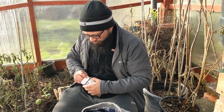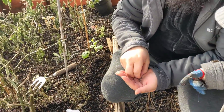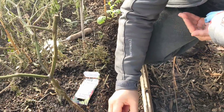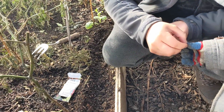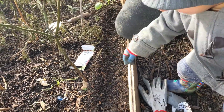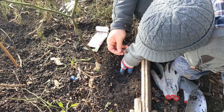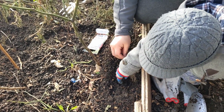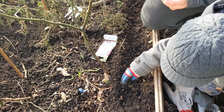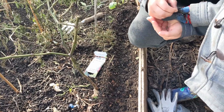Here, put that one there. No, don't push it in. Just drop it on top like this. That's it. Good man. So these are ones that will grow to about 6 to 8 inches long,